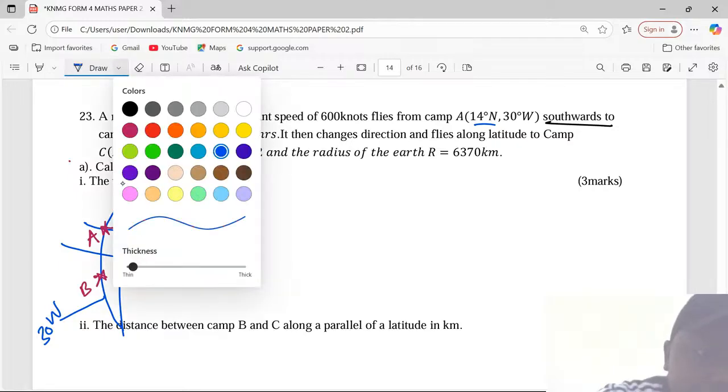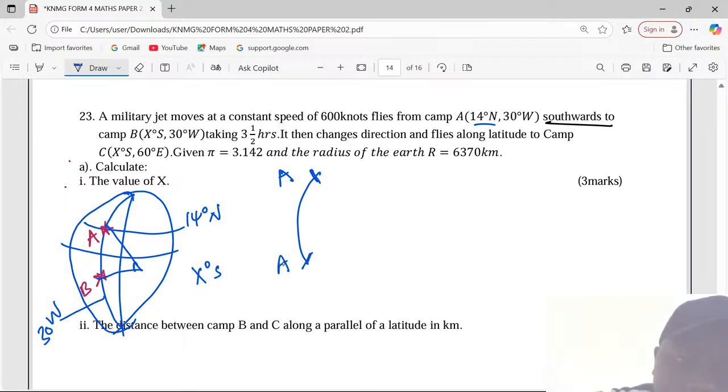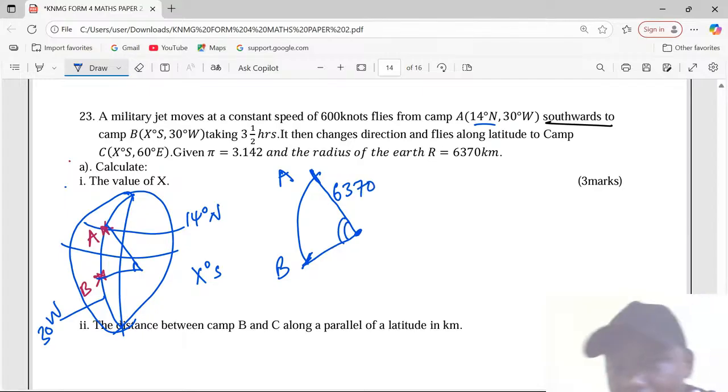So we shall use the radius of the earth along a great circle so that we get a particular arc from A to B along the same longitude. Then we can connect the two to the axis of the earth so that we have a radius 6370 and a known angle there. Something we know is the distance from A